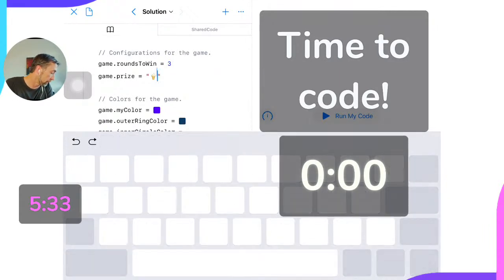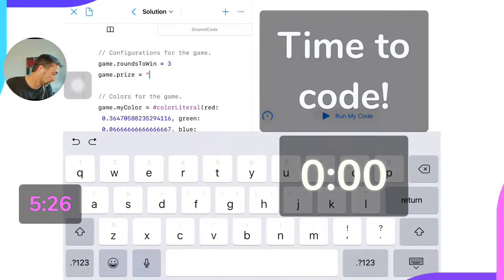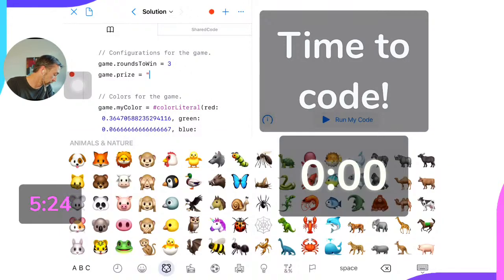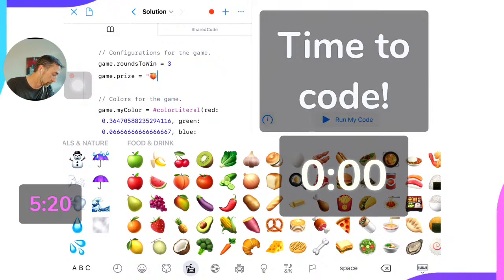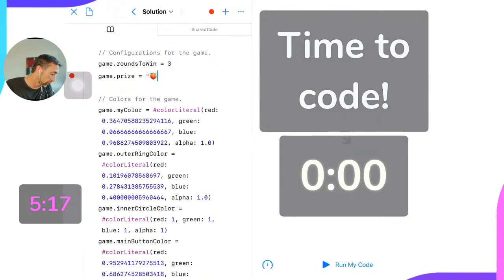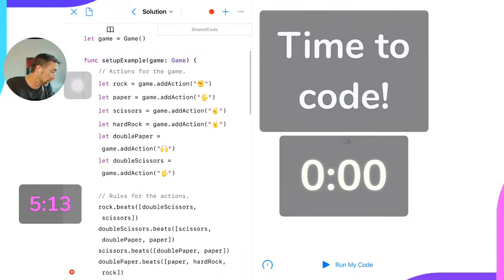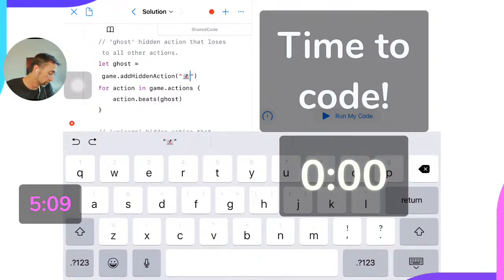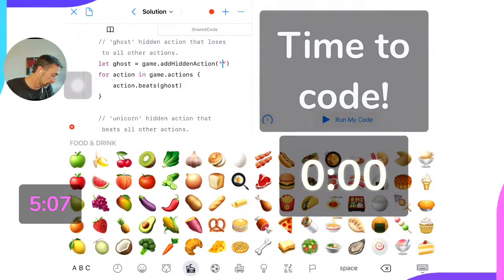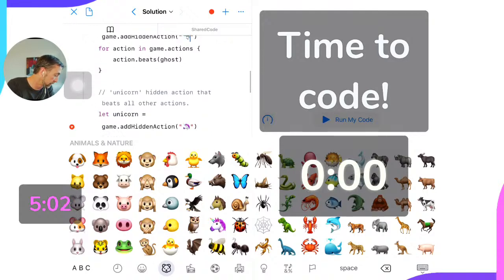And then for the game prize, we're going to have, let's see, a peach for our game prize. How about that? Okay, cool. So I've got my game prize. And actually, do you know what? We'll add some hidden actions. So we'll change the hidden action. Instead of ghost, we'll make that they run into some sharks in James and the Giant Peach. So we'll make that one of our hidden actions.